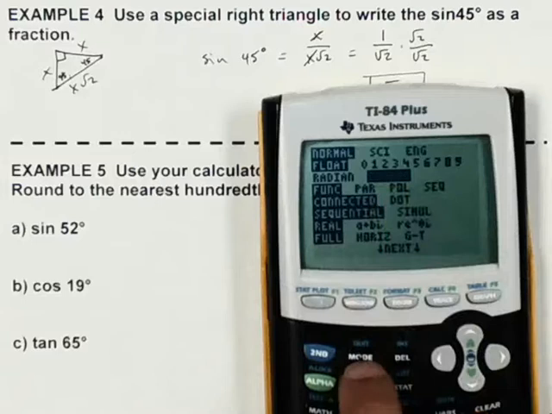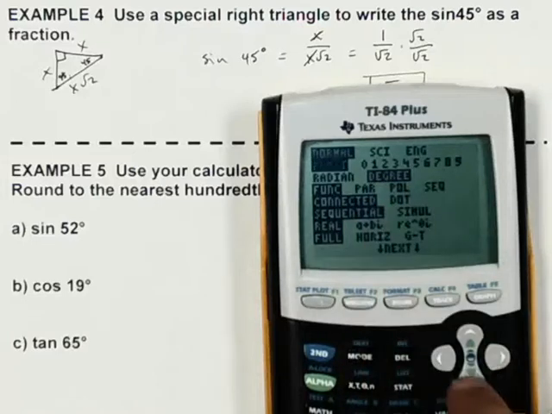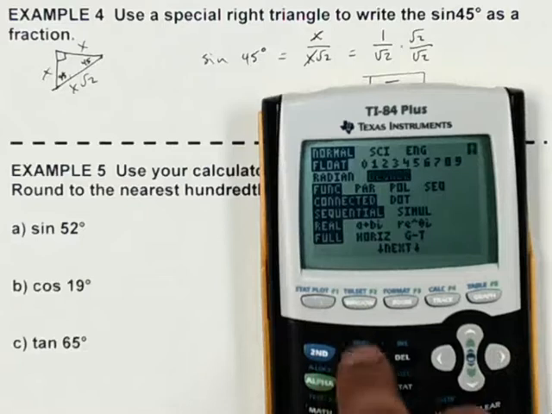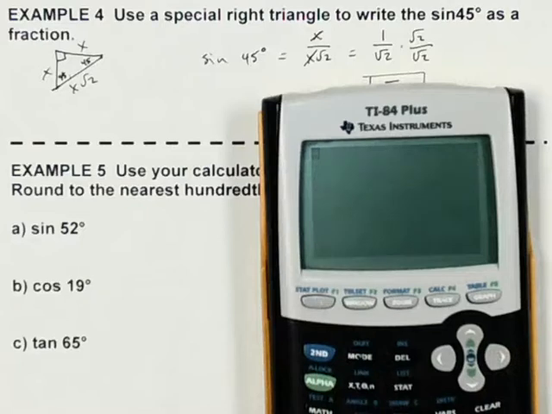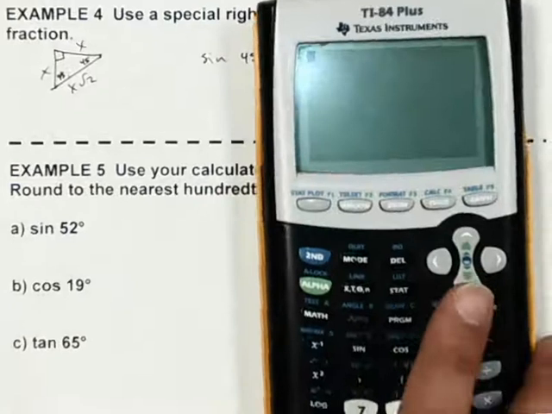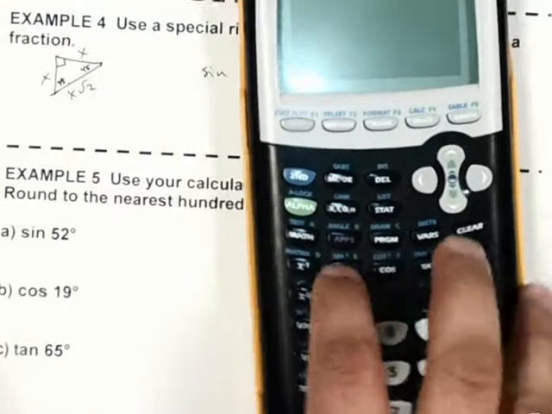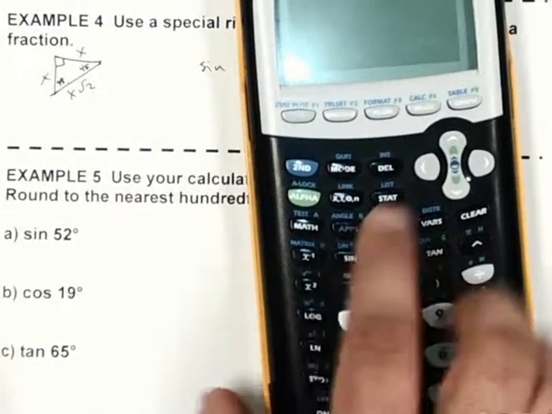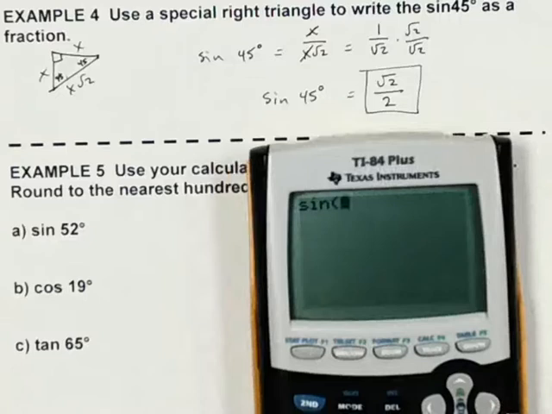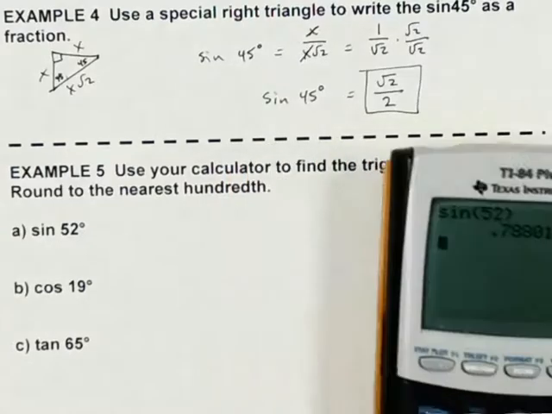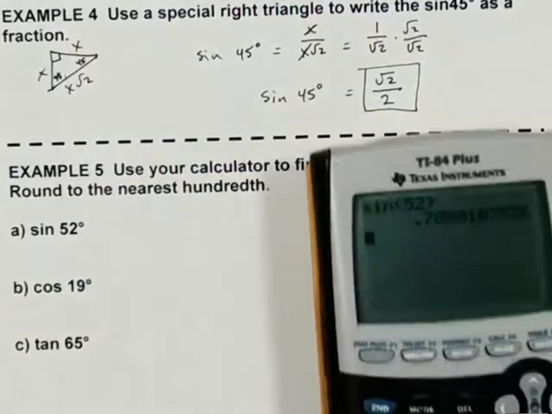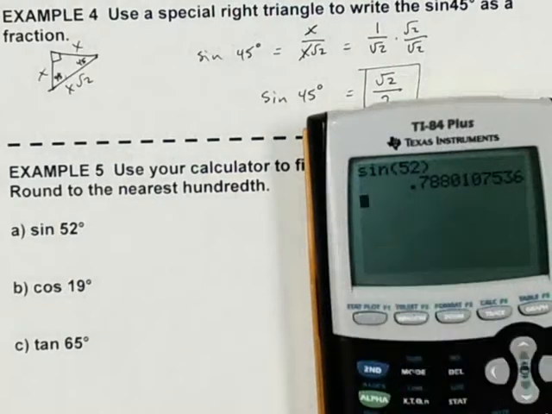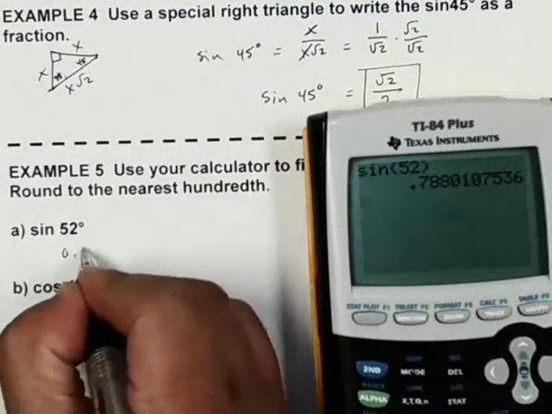Again, you have to hit the mode button and then go down here to the third line and check to make sure that degrees is selected. Okay. After that, all you have to do is put this in the calculator. So you would just hit the sine button, which is kind of towards the center of the calculator here. All right, and then all you have to do is just hit sine of 52, and you want to round this to the nearest hundredth place, so that is going to be 0.79